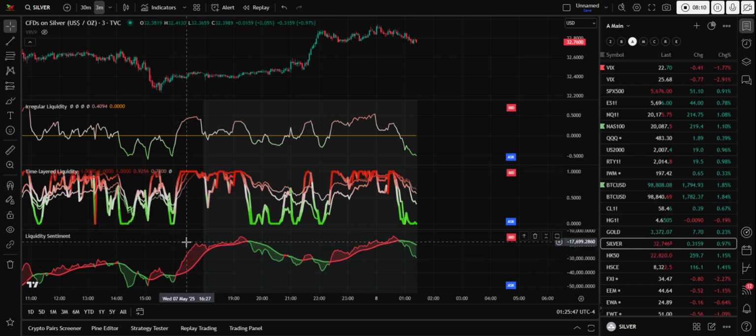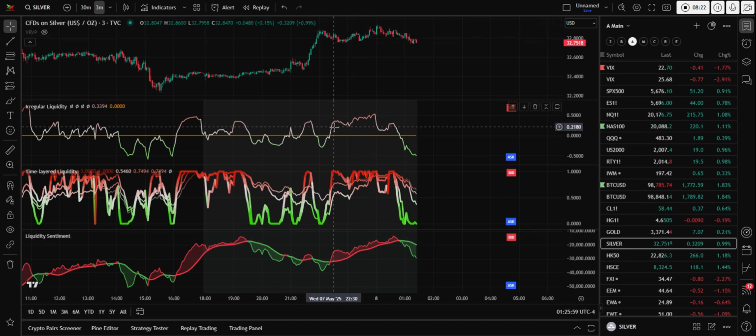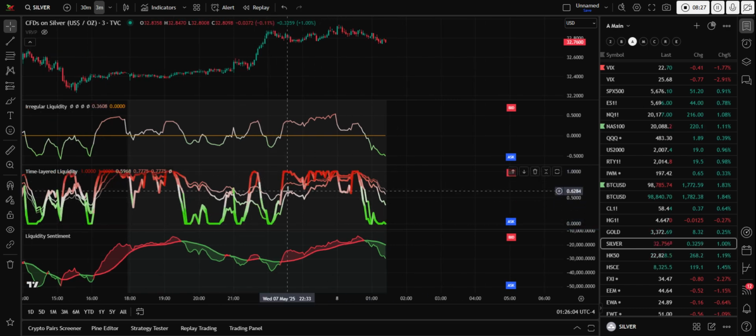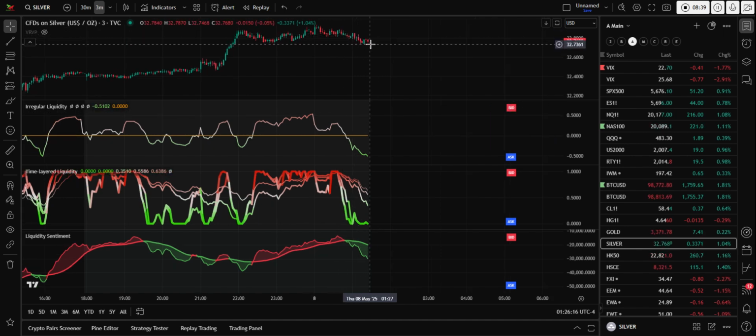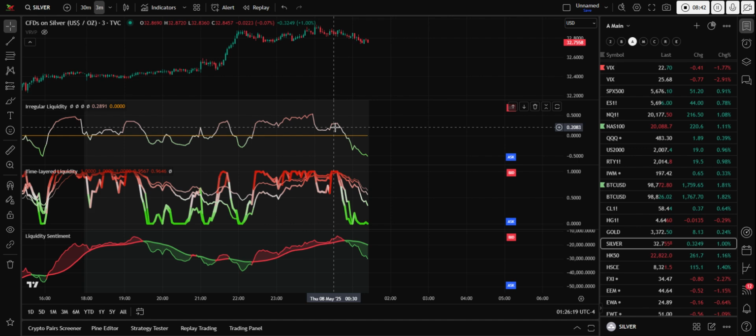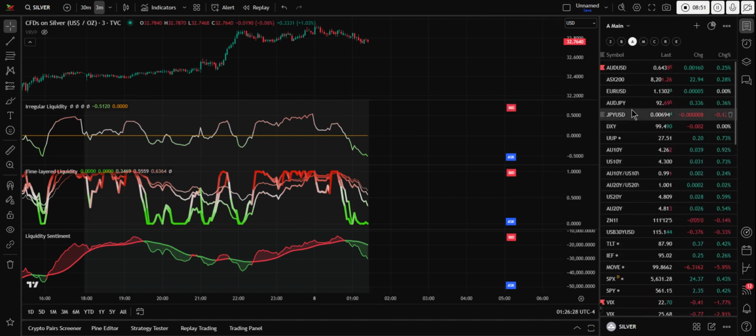If we saw this jump up quite quickly like this, during a normal day trade, like here, we can see that liquidity sentiment is rising quite quickly. We can probably see that the trade is over. We also see that we've had a continuation here quite quickly, and in the time layered, these thinner lines have slowly started to wash out as that liquidity has washed through. And if we're looking here again, we can see that we're going into the changeover between the Australasian Globex and the European Globex, and we can see a tightening again. So again, we might see some more price appreciation here in silver, and that would probably see